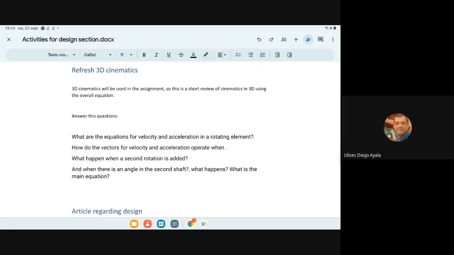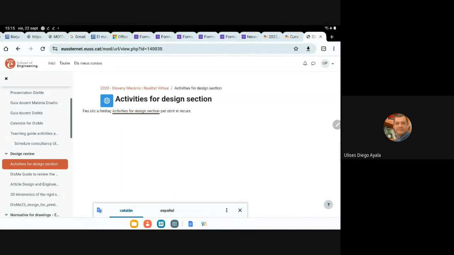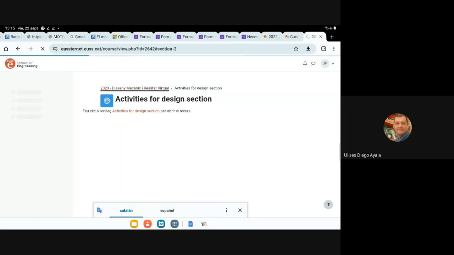So the 3D kinematics, there are some equations. I will update these questions, so don't take them at this moment. I will change them a little bit, and I will add a few more questions, but just for you to keep in mind. Okay, we are going to see this in